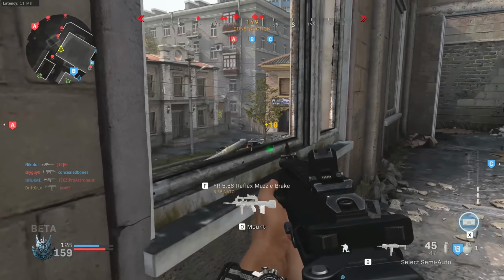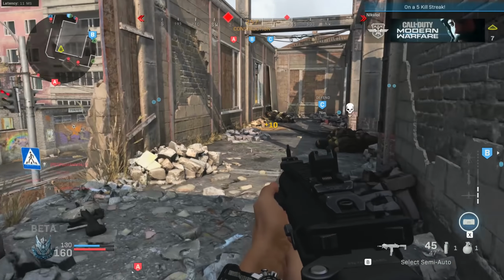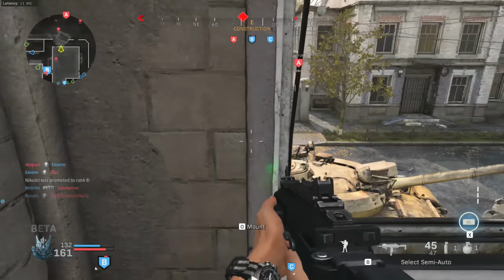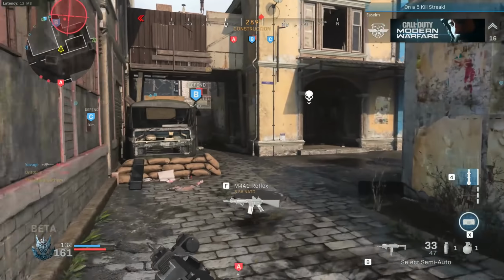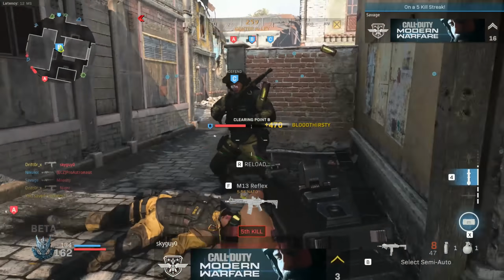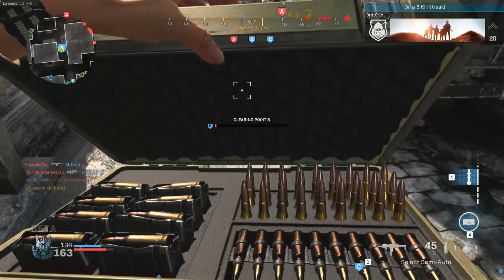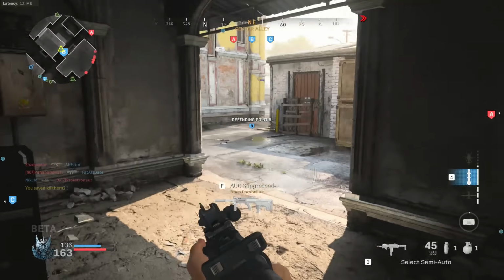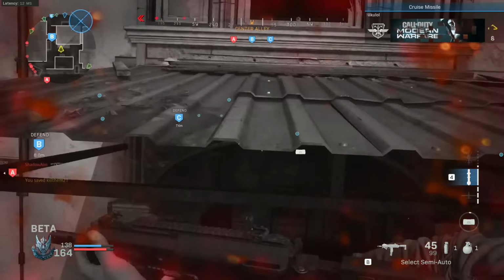This is Jaguar 3-0. We've got 2 objectives, lock it down. Friendly UAV overhead. Enemy cruise missile incoming. Cruise missile, go for launch. Be advised, UAV. Allied cruise